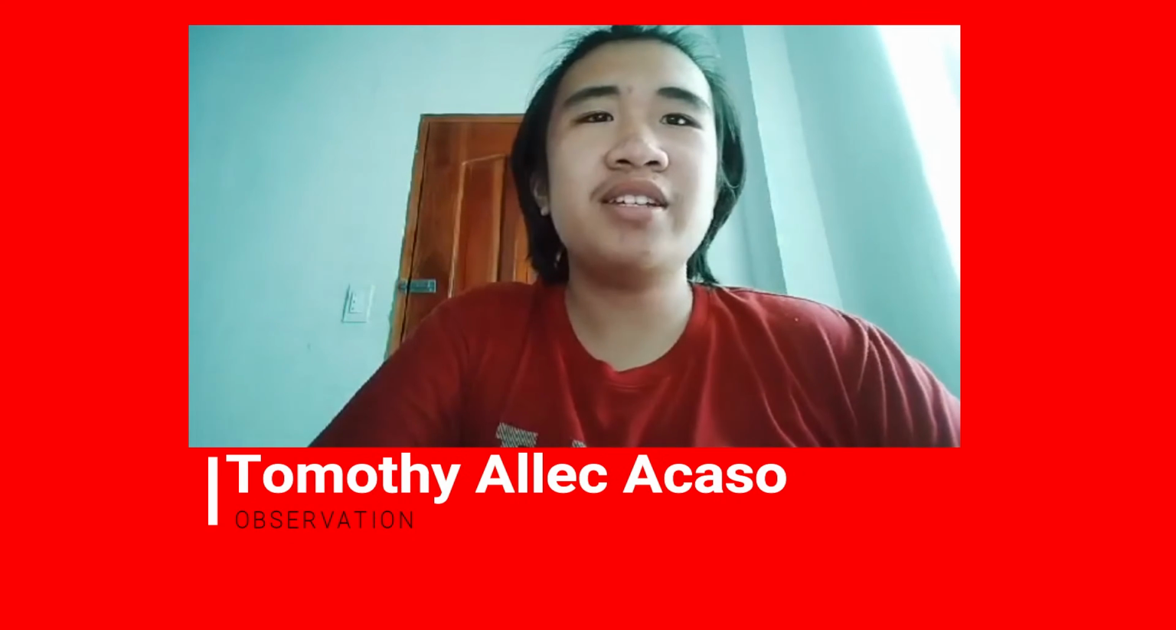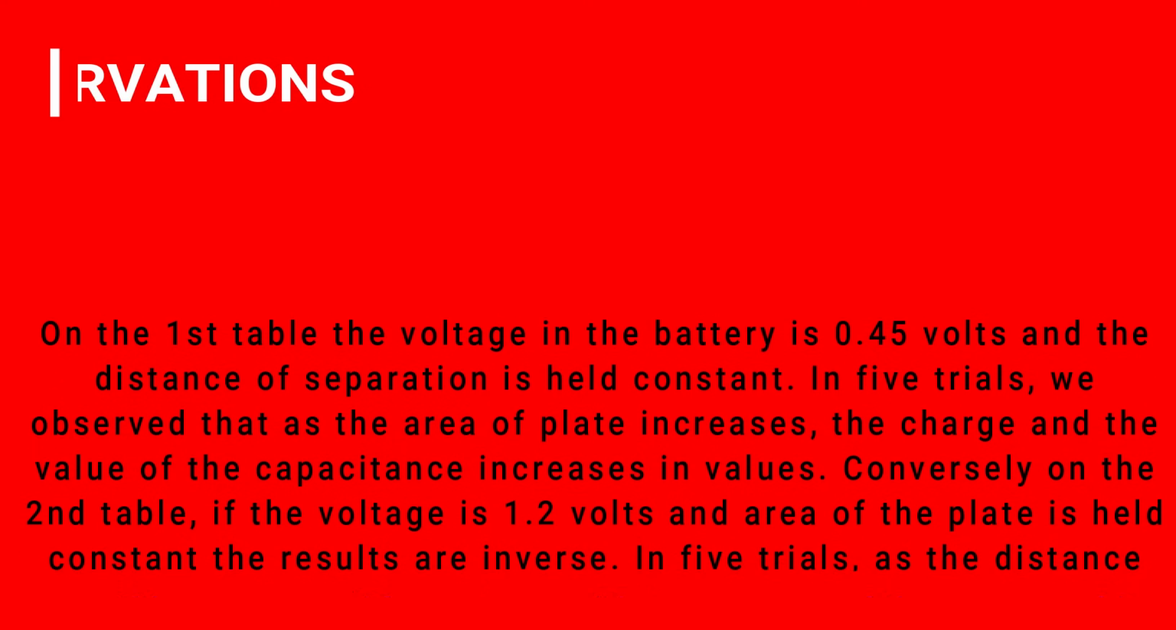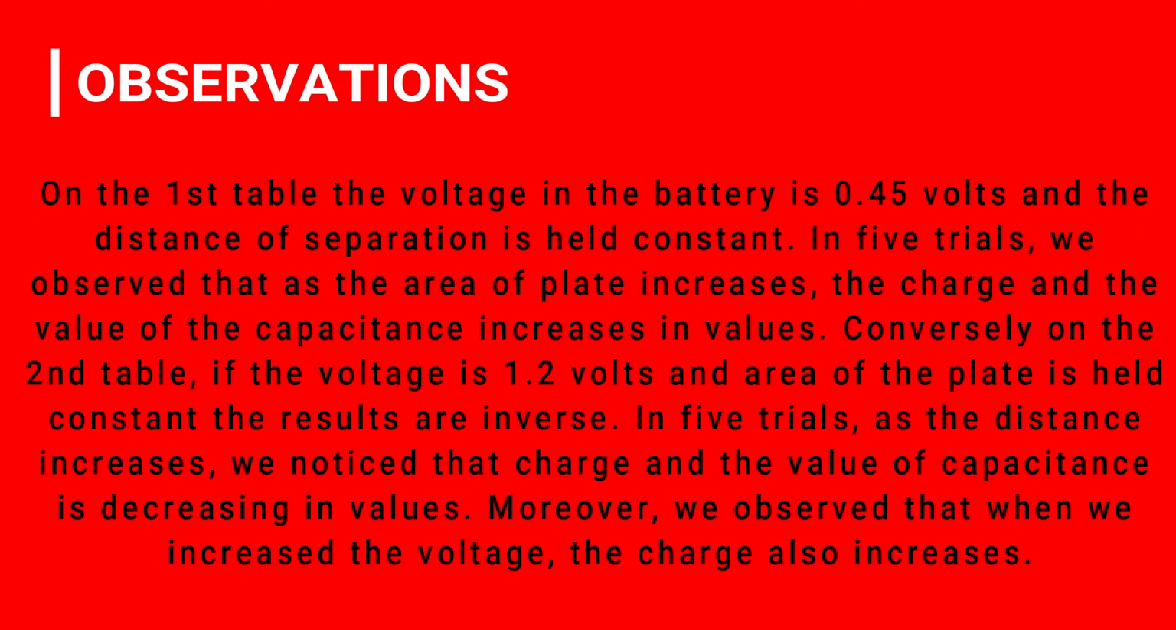Good day everyone, I am Timothy Acaso and I was assigned to do the observation. On the first table, the voltage of the battery is 0.45 volts and the distance of separation is held constant. In 5 trials, we observe that as the area of the plates increases, the charge and the value of the capacitance